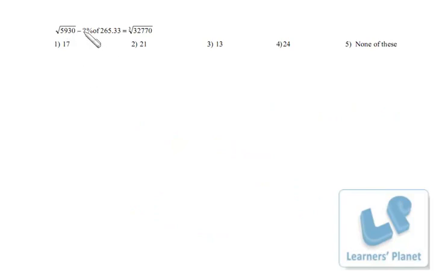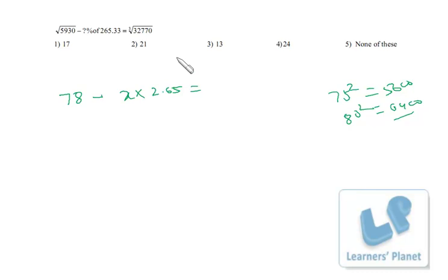Now see this problem, square root of 5930. See, square of 75, that is 7 8s are 56, 00, and square of 80 is 6400, right? So it is 5600, 6400, it is somewhere in between, but I take it closer to 75, so 78 I assume, right? Minus x percent of 265.33. So x into, I just take percentage sign over here, 2.65 is equal to cube root of